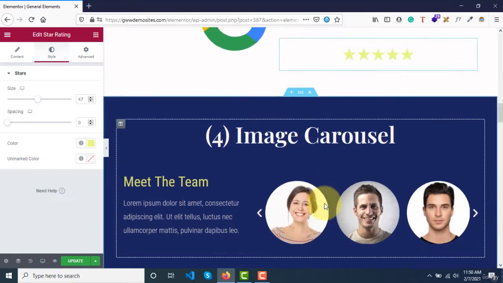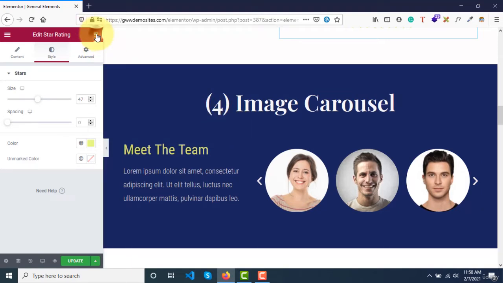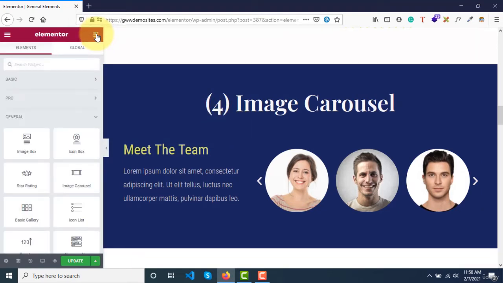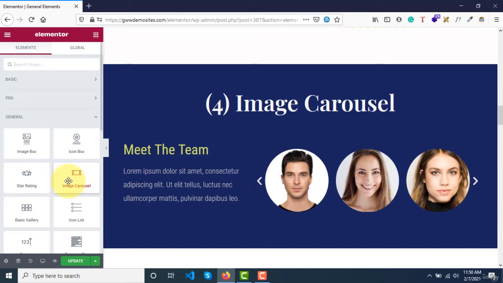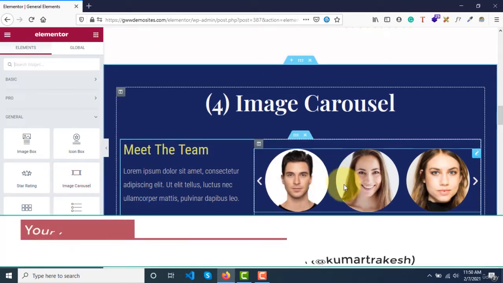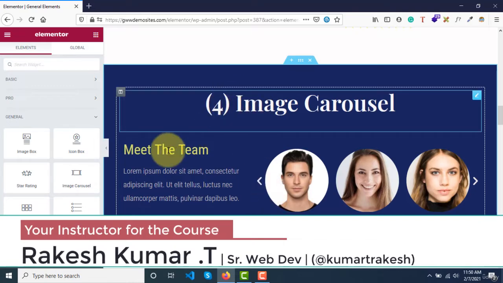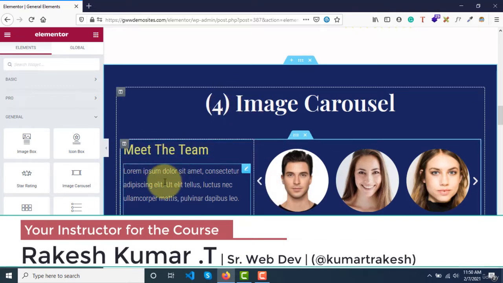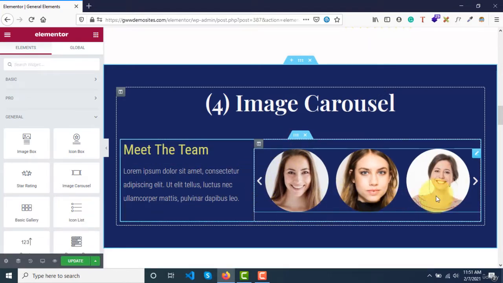And now the fourth option, the fourth widget. If you go to elements here, or widgets, all widgets, you have this widget, the fourth widget, called image carousel, right? What is this? As you can see here, this is a section, this is a heading element, this is a text element, this is also a description text element, but this is the widget that we are talking about, where we